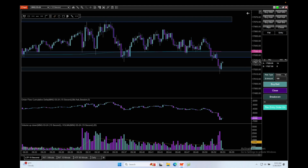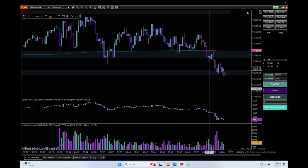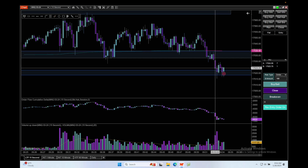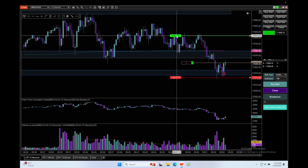So this would be a very counter trend trade. There's a lot of momentum to the downside right now. A big volume that came in there. I might take a long here. We'll see what happens. I'm gonna grab it. Ooh, that's gonna be a late entry. Don't love that entry, but